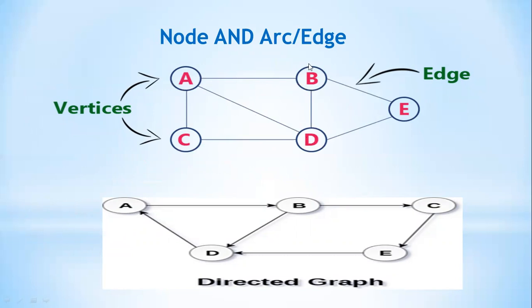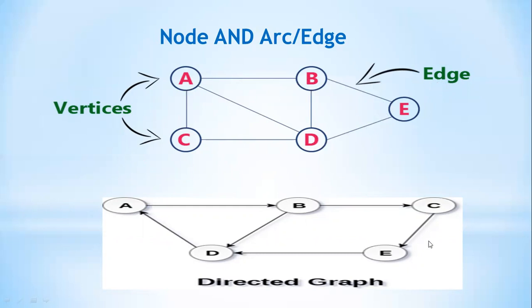These are the individual data items. So these we are calling a node, and A is connected to B through an arc. B is connected to E, so pair BE is formed. D is connected to E, or you can say E is connected to D, right? So all these are nothing but edges. The pair which connects the nodes is nothing but an edge. An individual data item is called a node.